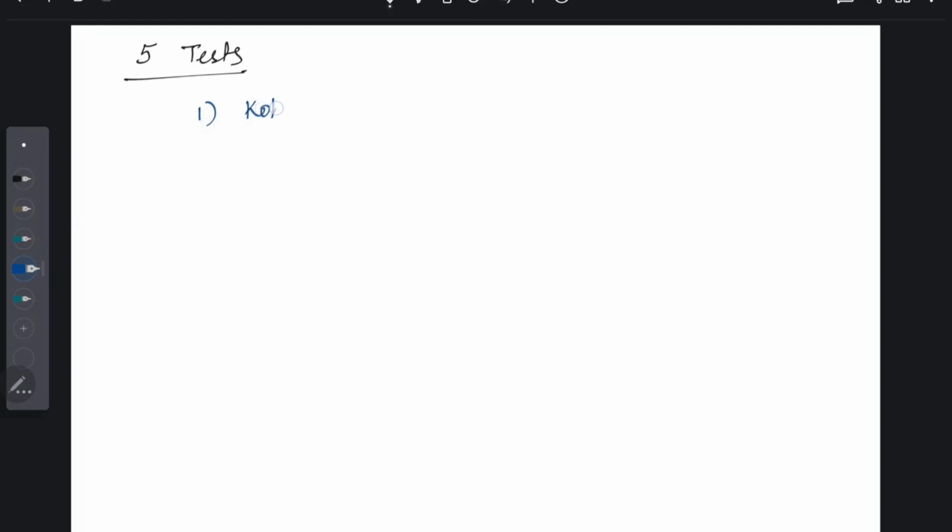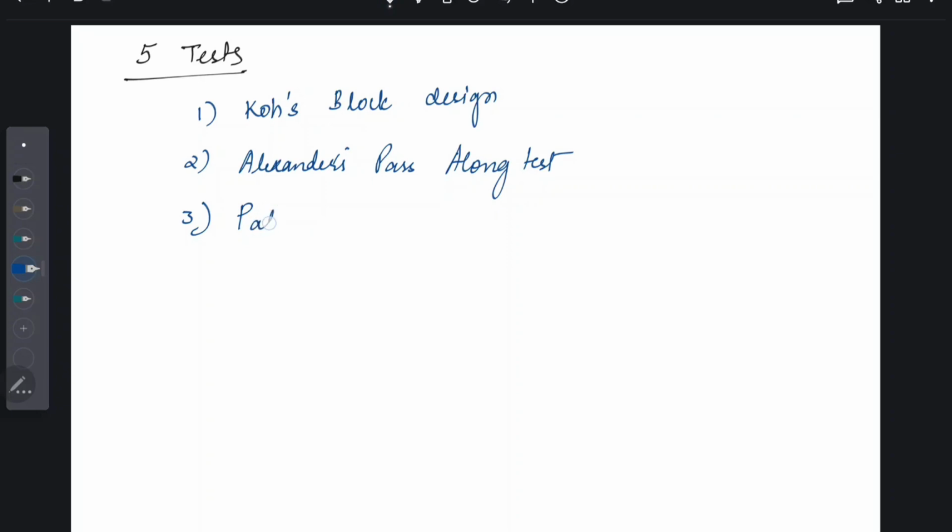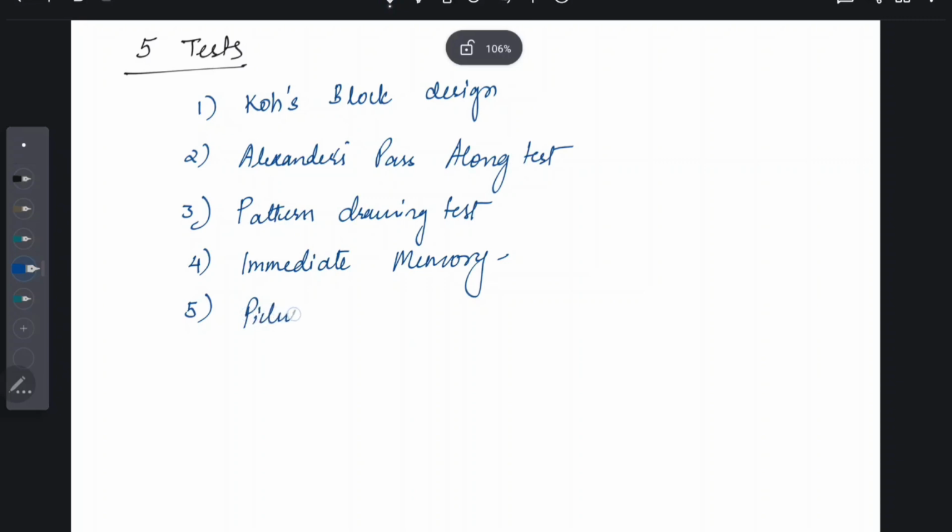So it has five tests. We have Koh's block design, Alexander's pass along, pattern drawing test, immediate memory, and picture construction. Now we look at the tests one by one, starting with